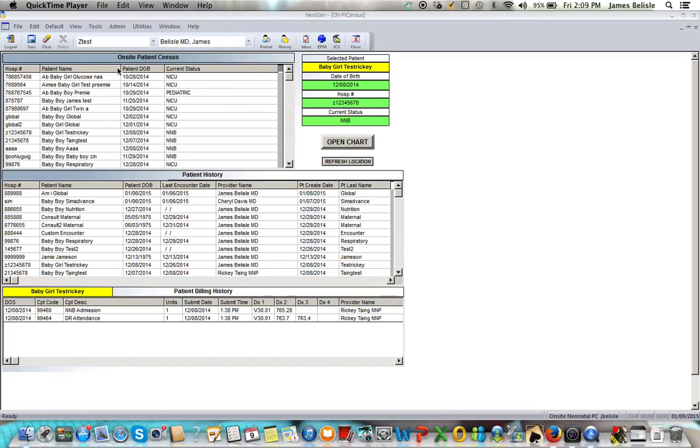Basically, when you look at this, you see the on-site patient census, and this is the census that's in your hospital. The hospital here is Z-Test, so you can see all the babies that are in the Z-Test hospital. Down here, you can see the history of what's been going into this hospital, and realize that you can